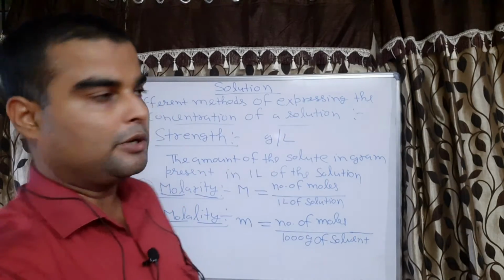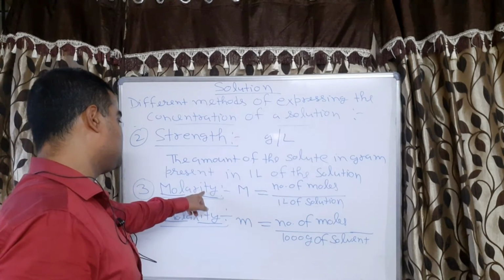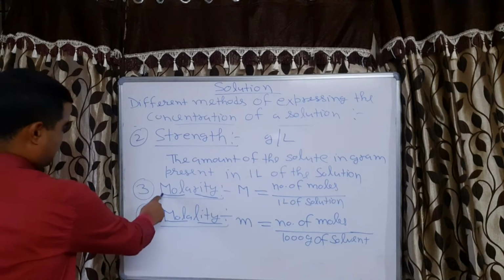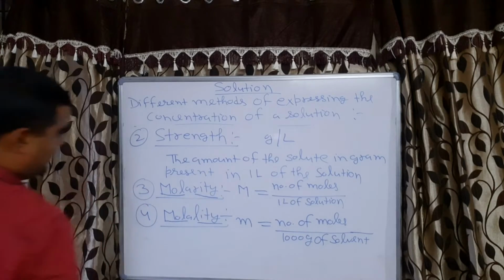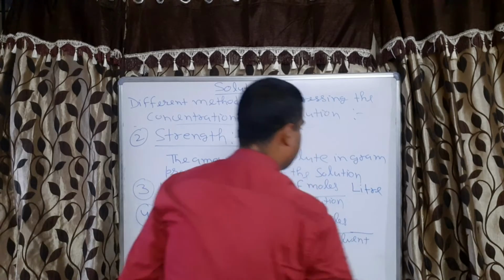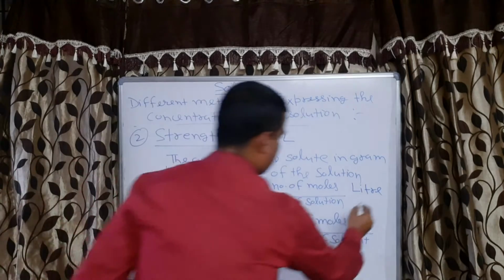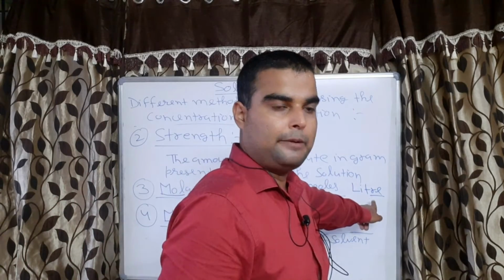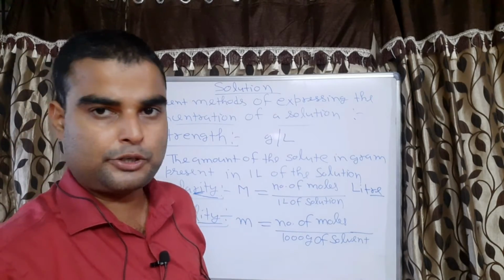I will give you a trick also, because many students are confused how to distinguish molarity and molality. See, here it is same, mole, mole, correct? Now confusion is there, liter and kg. Now you see, molarity, here liter, liter. So molarity means here liter will come and the other will come as kg of the solvent. Understood?